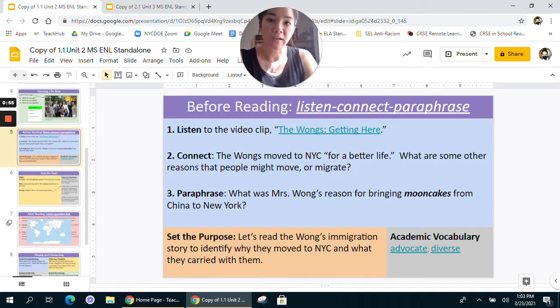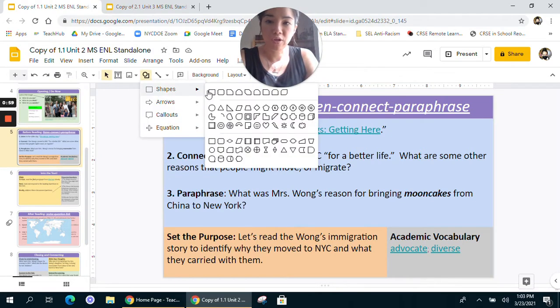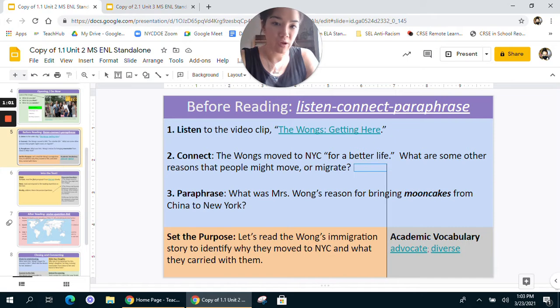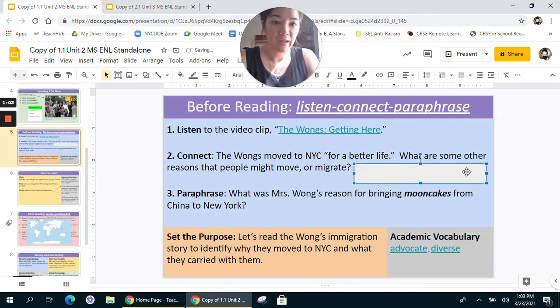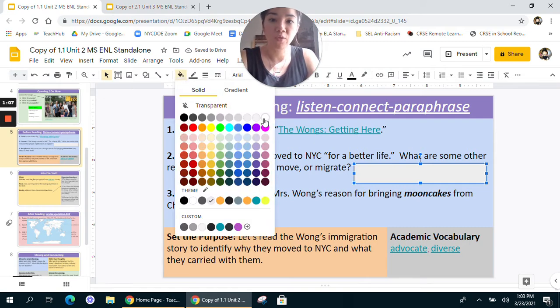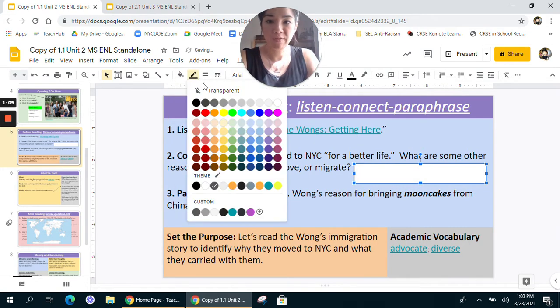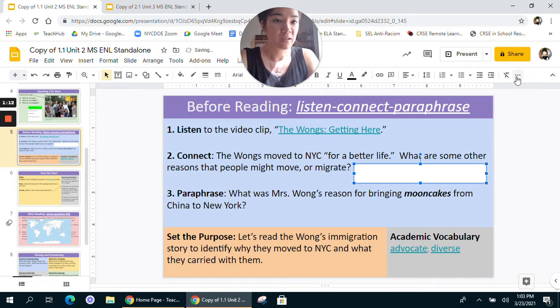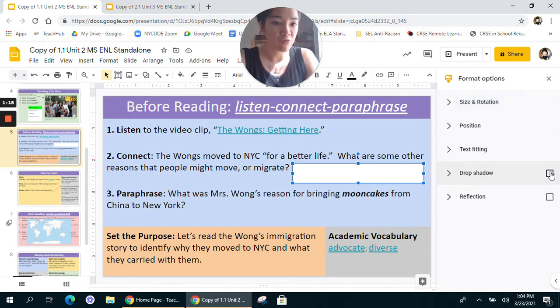So one way to add in a sentence strip is to use the shape tool. So I usually use a rectangle. I'll draw it out here and then choose a background with a high contrast. The slide background here is blue, so I'll use white. And I usually make the border transparent to make things a little smoother visually. Then I also go here to format options and usually add a drop shadow. That just helps it pop a little bit, and along with something like tilting, can just add some visual interest